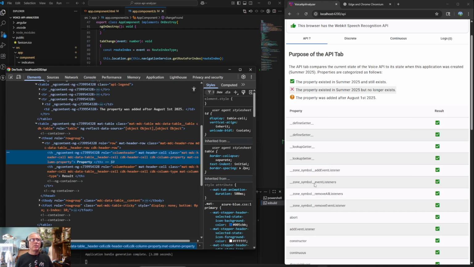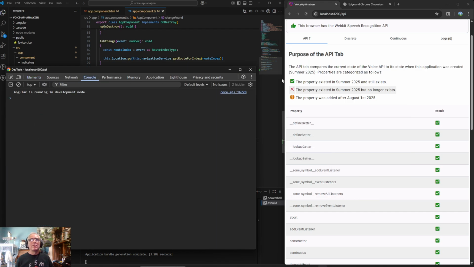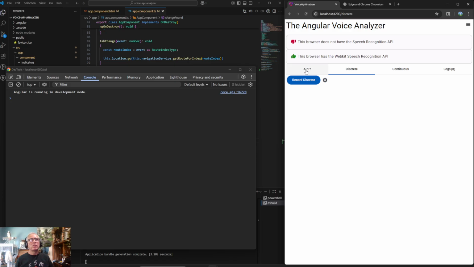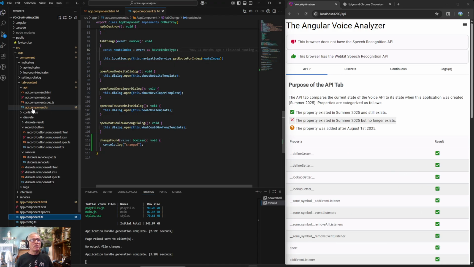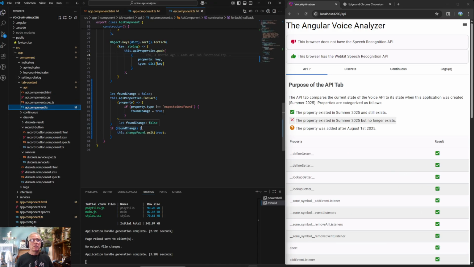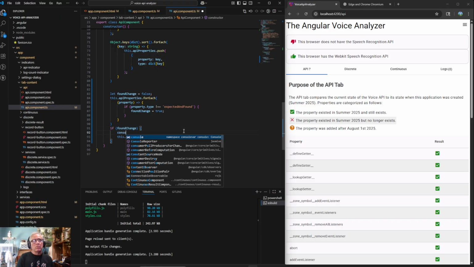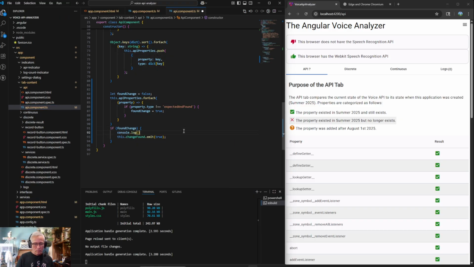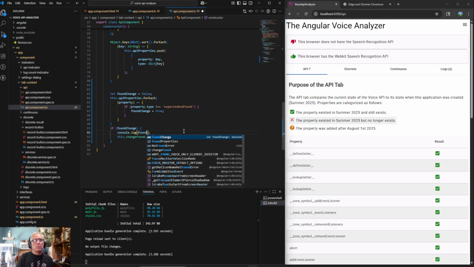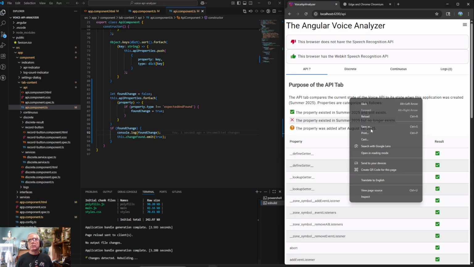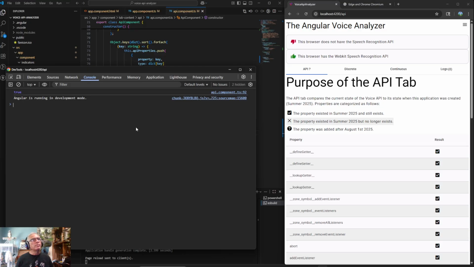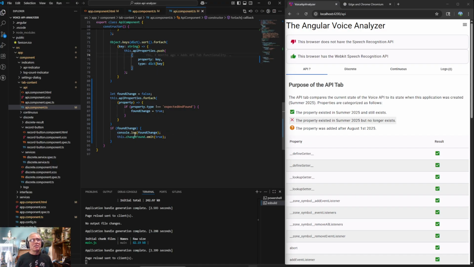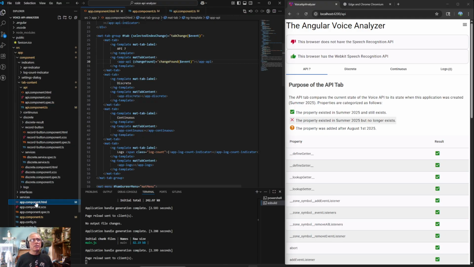Inspect. See if we ever got it. That's weird. Okay, so maybe there's a problem in my logic over here. Inspect. So it did find it, and then this change found emit is true. And then over here,